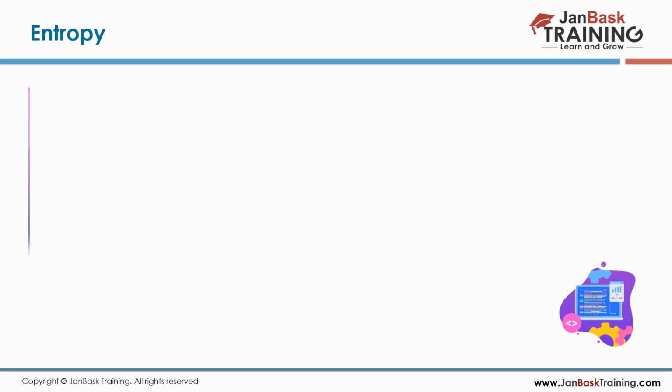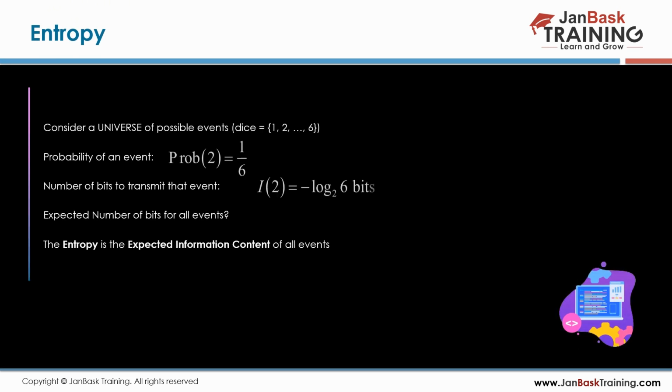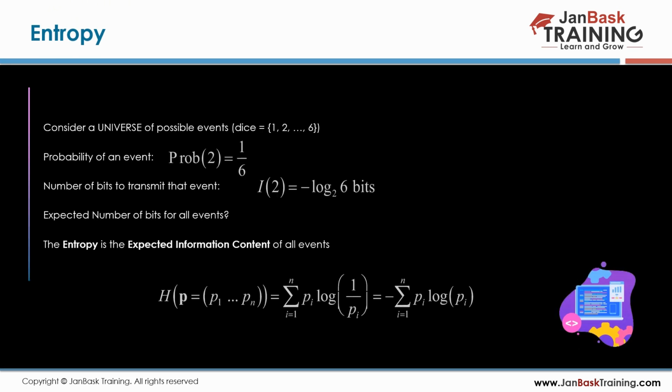Entropy, I told you, it's an impurity method. It's a hyperparameter. You have to give it as a condition while building the tree. For that, how is entropy calculated? Dice is of 1 to 6. So probability of event: once you throw a die, what's the probability that one number will appear? That is 1 by 6, right? Because in total there are 6 different numbers, 1 2 3 4 5 6.